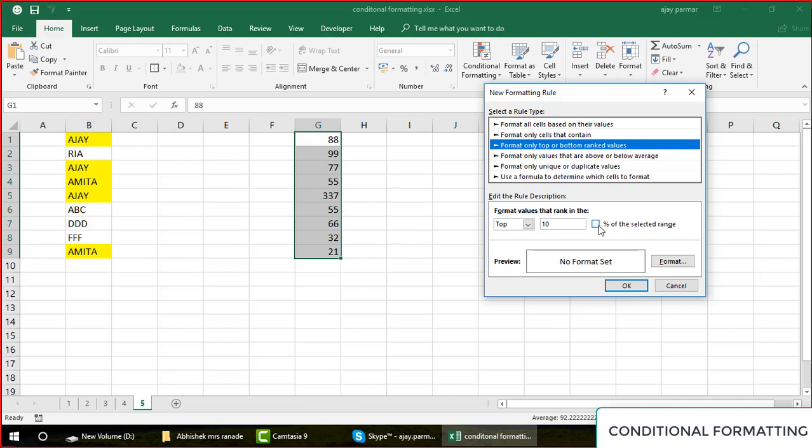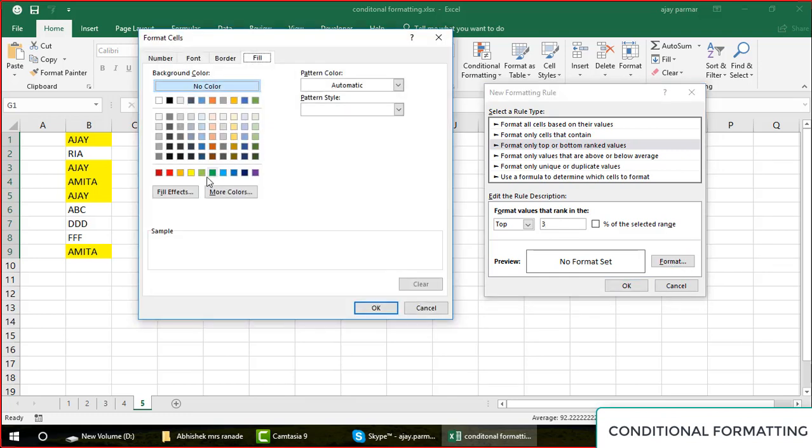If you go by the percentage of the selected range, this will first calculate the percentage of the entire range, and then check individual values based on that percentage. Right now I keep this option unchecked. I say top 3. Let's give them the yellow color.